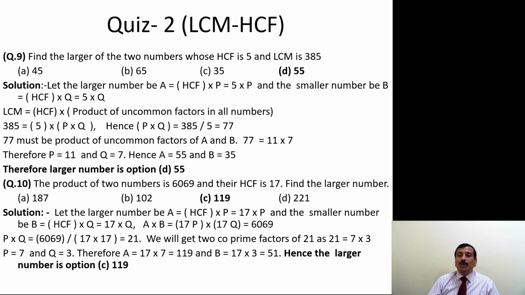find the larger of the two numbers whose HCF is 5 and LCM is 385. Again we consider the two numbers A and B, and we take A equal to HCF into the uncommon factor P, and B also HCF into the uncommon factor Q, and similarly solve. We get the answer 119. Next,